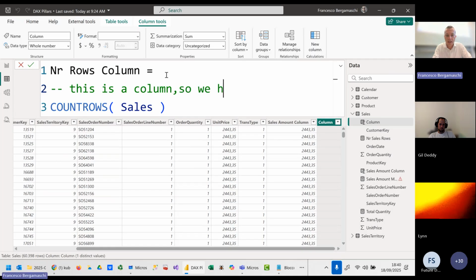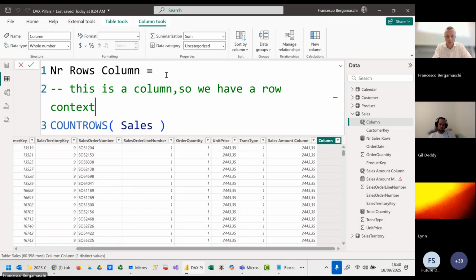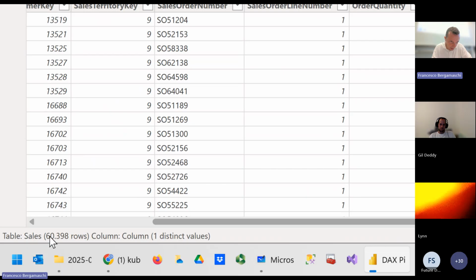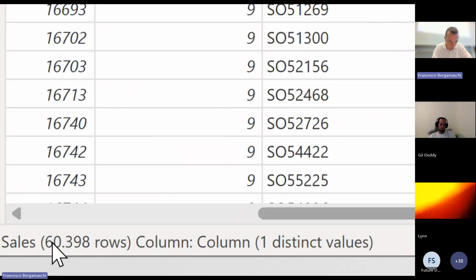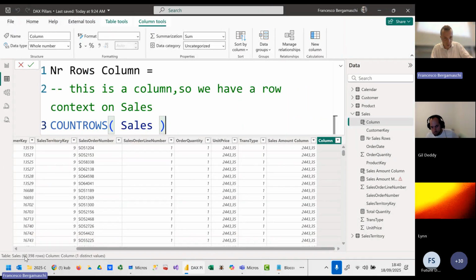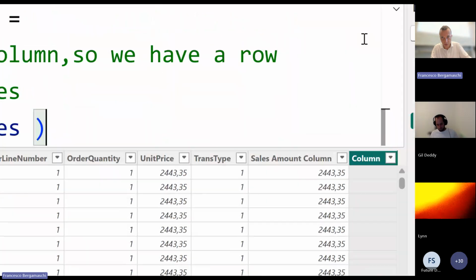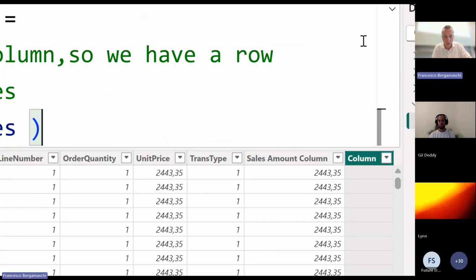So we have a row context on sales, which is the table on which I am. What will happen? Let's think about how I define that. We said this code will be evaluated one row at a time. Now we know that this table is 60,398 rows. So my expectation, let's say 14 years ago, when there was no Power BI, it was just Power